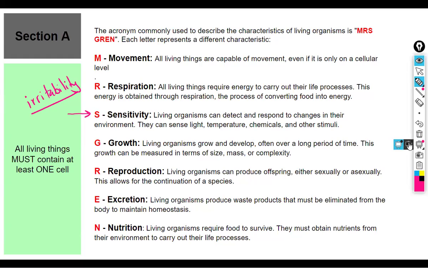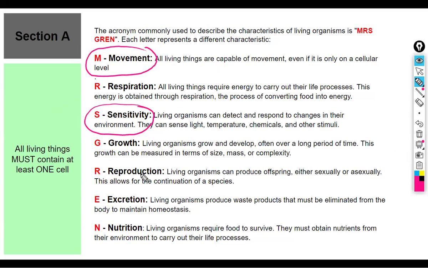Quick question. If I find a new organism, let's say I'm an explorer, so I put on my Dr. Livingstone hat and I go through the forest, and I find a brand new thing that nobody else has ever seen before, and it displays movement, sensitivity, reproduction, excretion, and respiration.